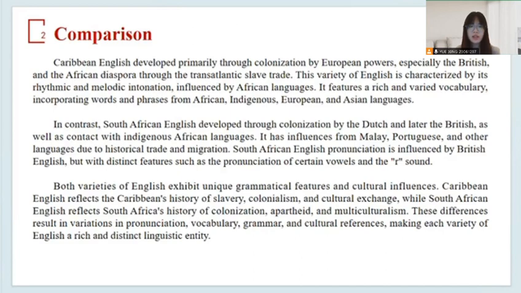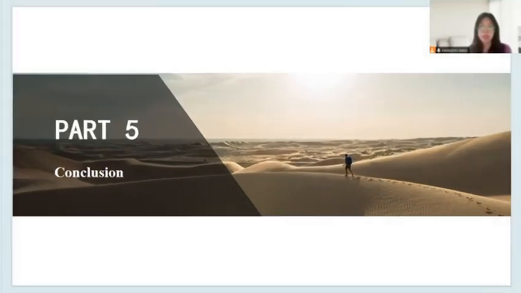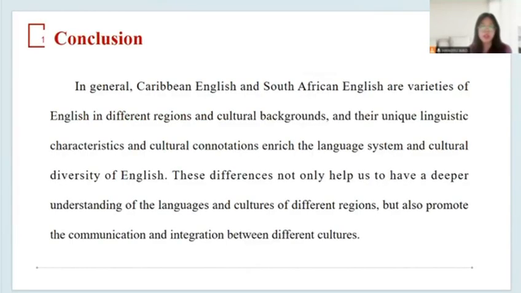Let's turn to the last part, conclusion. In general, Caribbean English and South African English are varieties of English in different regions and cultural backgrounds, and their unique linguistic characteristics and cultural connotations enrich the language system and cultural diversity of English. These differences not only help us to have a deeper understanding of the languages and cultures of different regions, but also promote the communication and